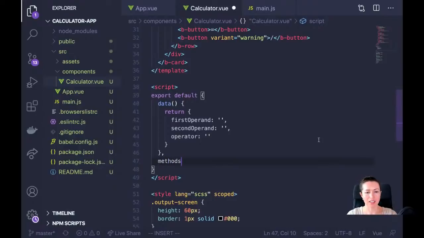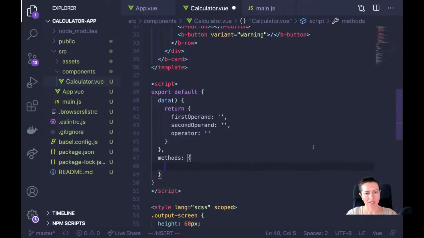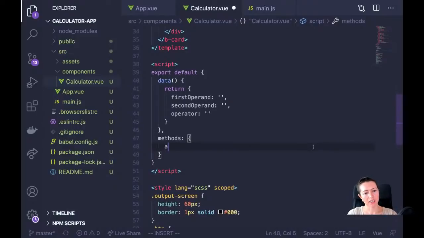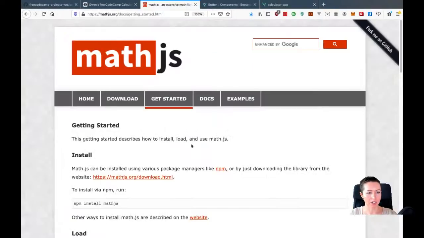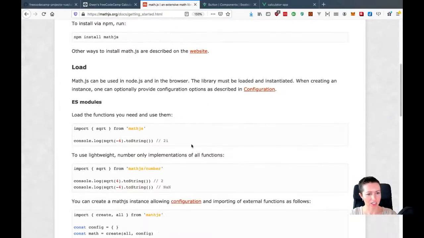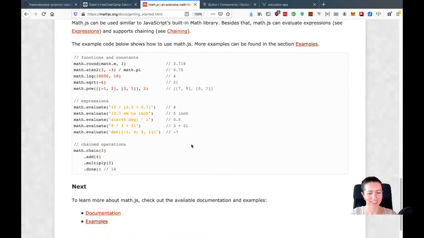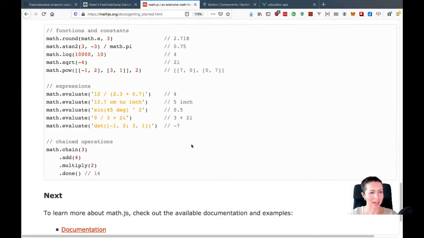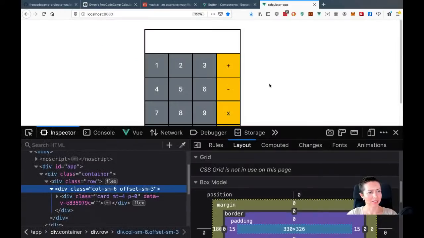So let's see, methods, and I don't actually think I'll need different methods for add, subtract, and that sort of thing, because this math.js library has kind of a cheat method. So yeah, if you can see this, math.evaluate, where I can just pass in an expression. So I'm going to make my own